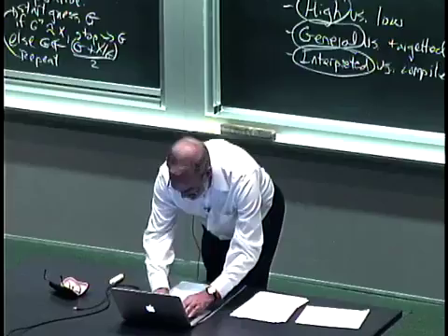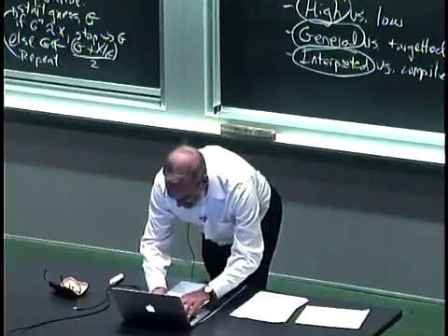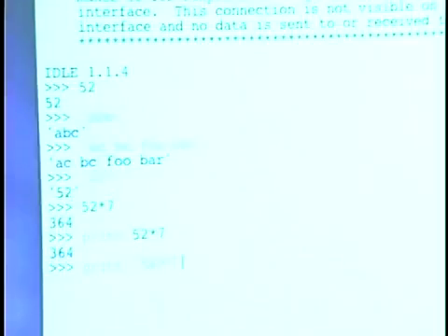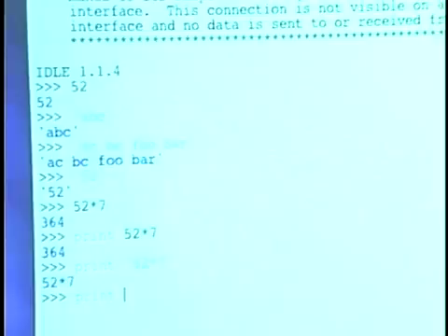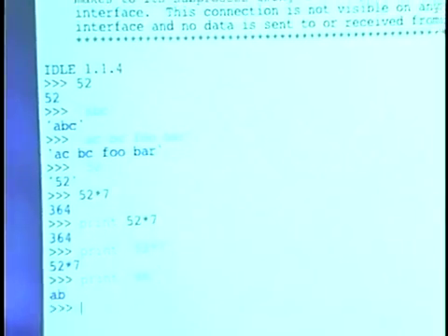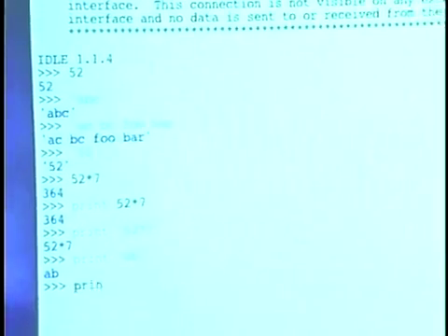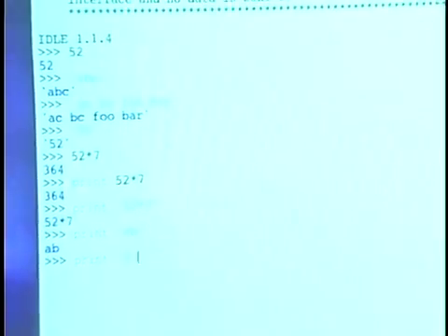Okay, once we've got that, we can certainly, though, do things like this. Notice the quotes around it. And it treats it as a string. It's simply getting me back the value of that string, 52 times 7, rather than the value of it. Now, once we've got that, we can start doing things. And I'm going to use print here in order to get into the habit. I can print out a string. I can print out